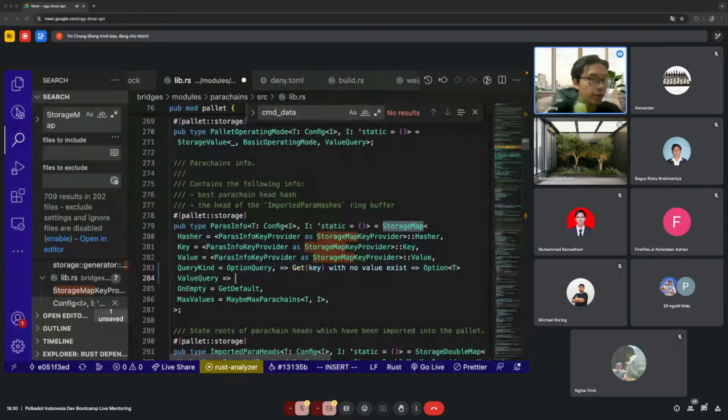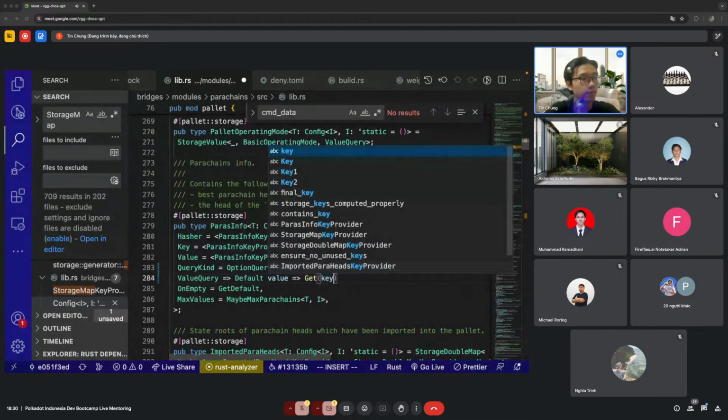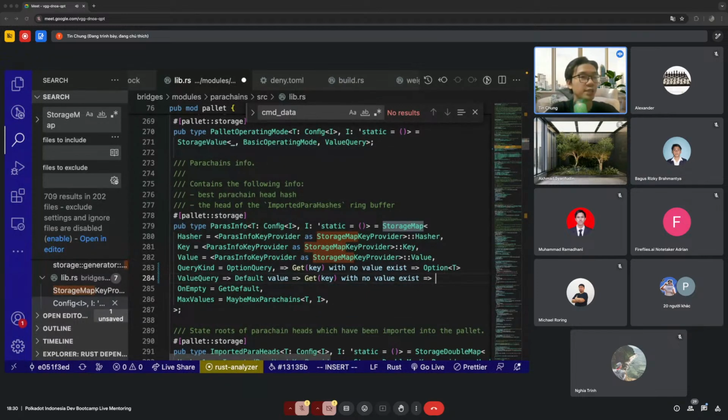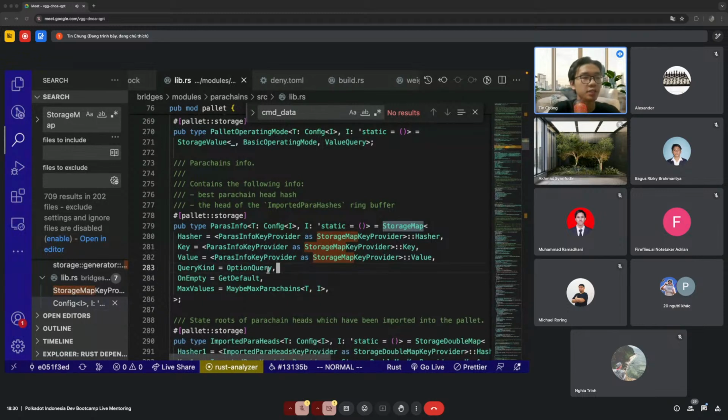But for the value query, it's going to use the default value. So when you get the key with no value existing, it's going to return the T instead of the option. And that's how the value query works. By default, it's going to be set to the default value, as I remember. If the type doesn't have any default value, it's going to be set to the option query. And as you can see here, the storage map accepts the key and the type of the value. Only one key.